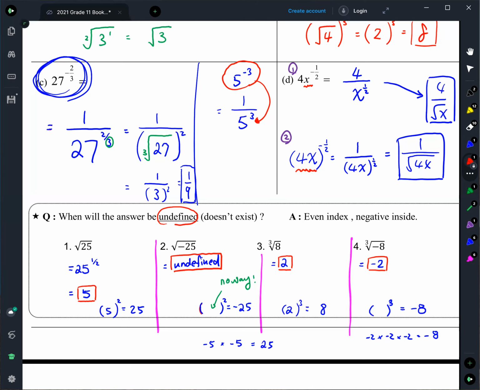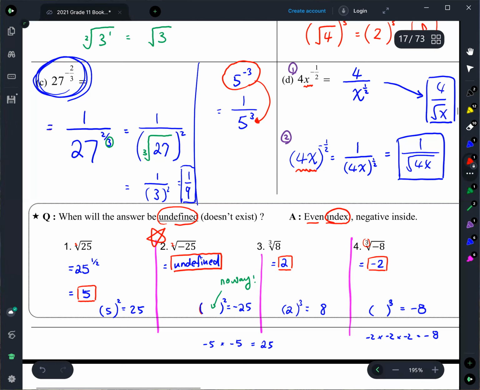So if you look for the cases, right, of these 4 examples, only the second one is undefined. So the rule here is if you have an even index, index is referring to the cube root, the square root, the number on the outside. So for example, even numbers are like 2, 4, 6, okay, so you can write it here. Even index means square root,